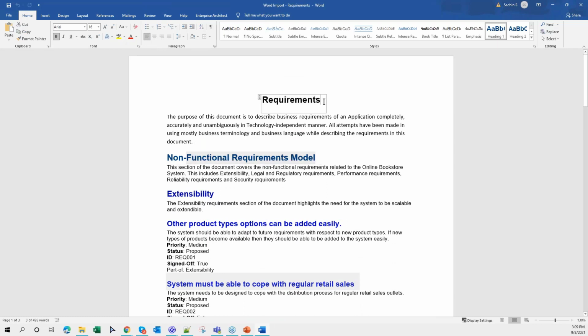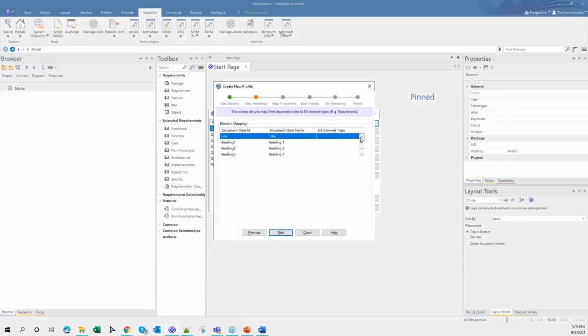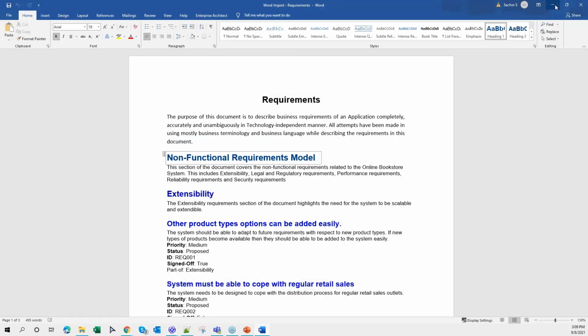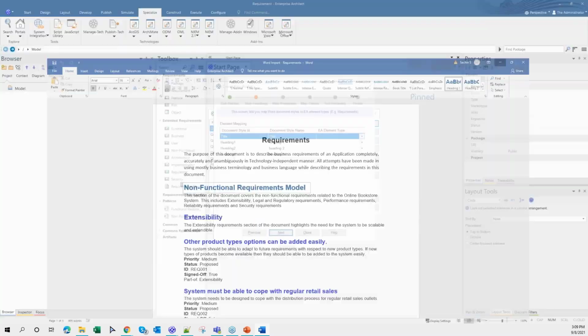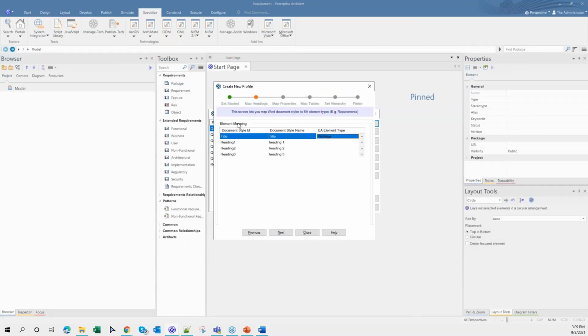The title of the Word document is requirements, and this is the first level heading, and this is the second level heading. So let's say, moving back to EA, I want my title as a package. So my title is requirement and I need it as a package. So I'm selecting a type of package. See, this first